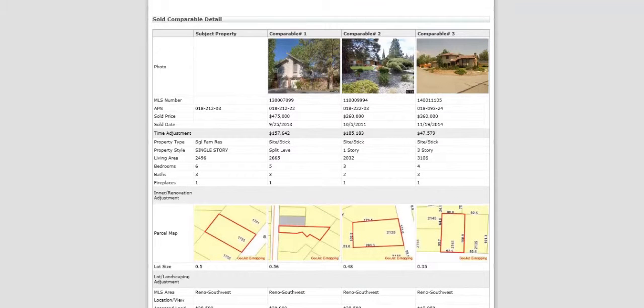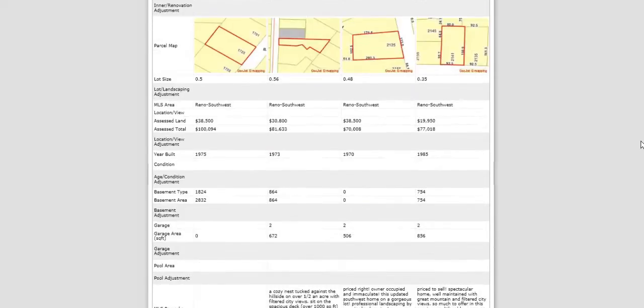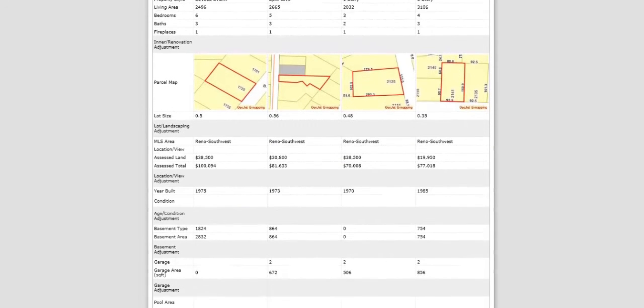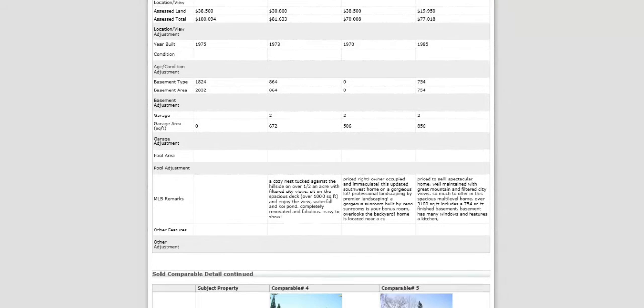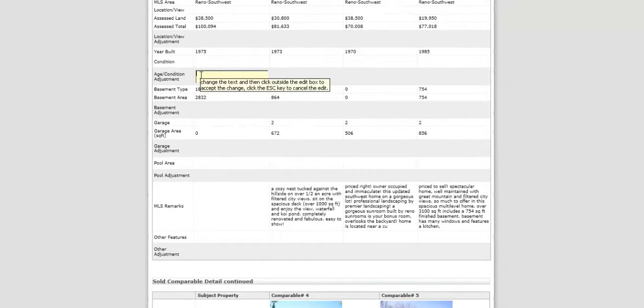When we go down to the bottom here, we see the sole comparable details on each one of these properties clearly highlighted, and the subject property does not have a picture, and that's because it's not in the MLS system. So we'll go down the list, and if our client just put in a new kitchen, we may want to do a condition adjustment. I'm going to select this block here, and if the value of that kitchen brings in $20,000, perhaps it's a $40,000 chef's kitchen,